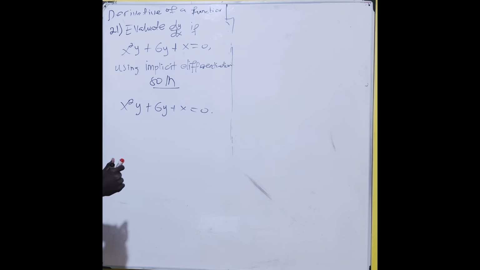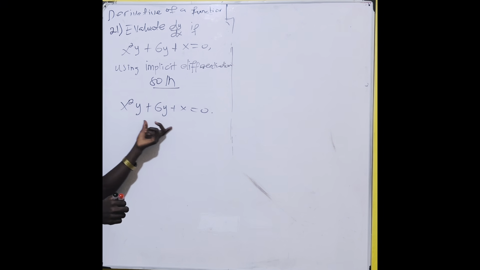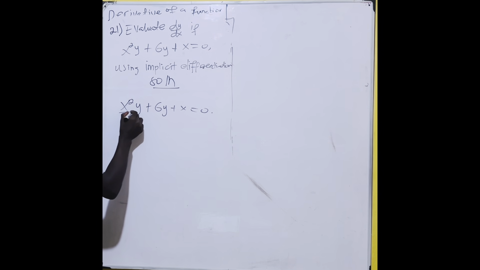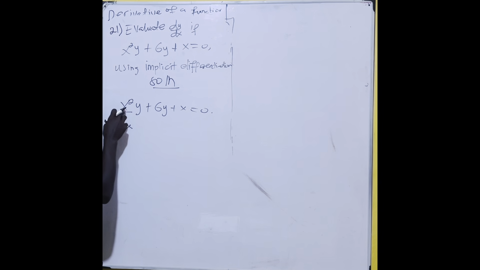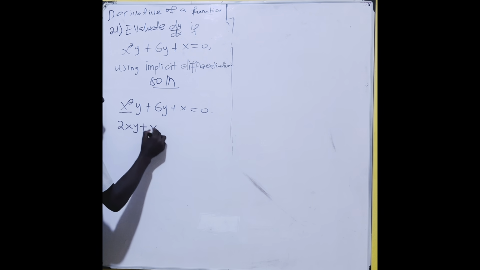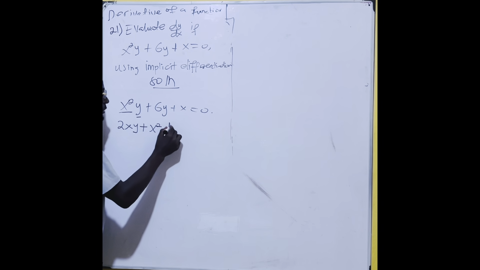Implicit differentiation means that you have many functions, right? And you are going to differentiate all at a time. Okay, so you differentiate this to x, you know, we are using the product rule. So you differentiate to x, then you maintain y plus maintain x squared,